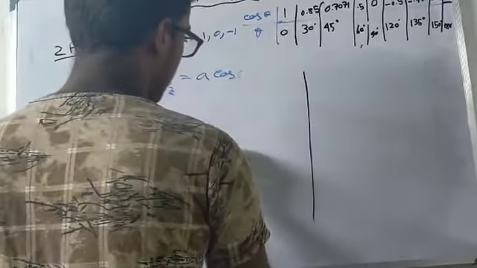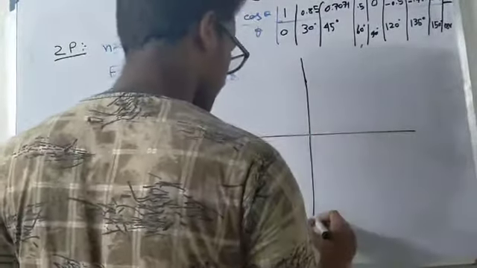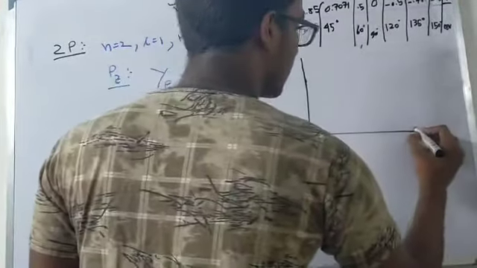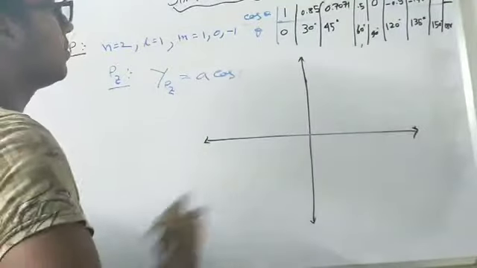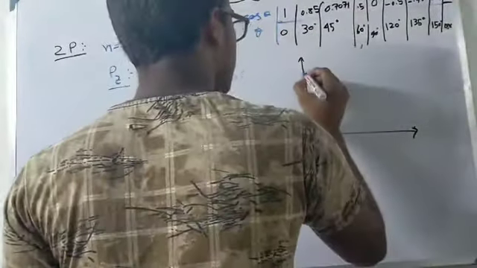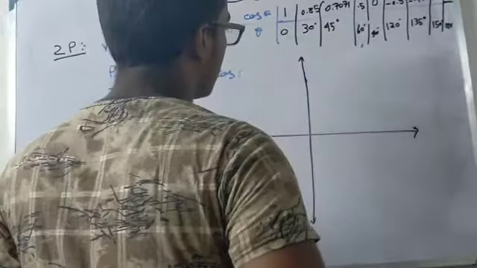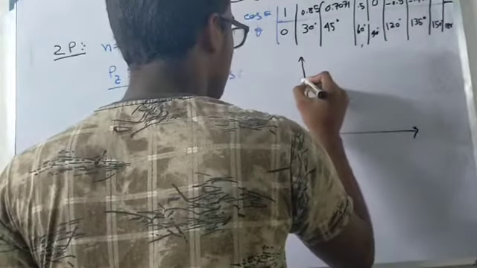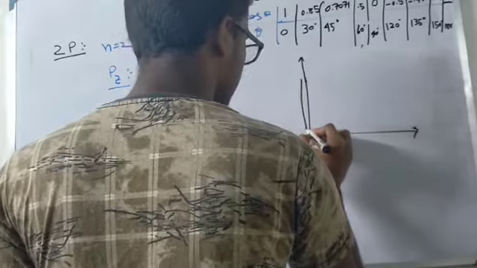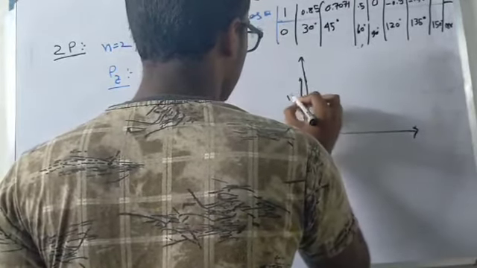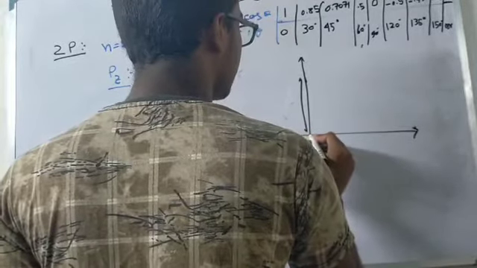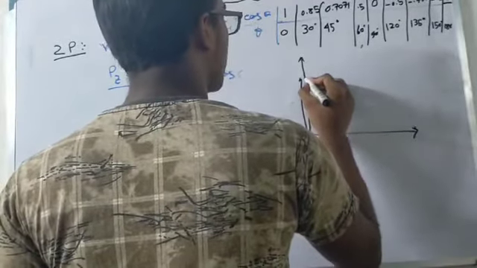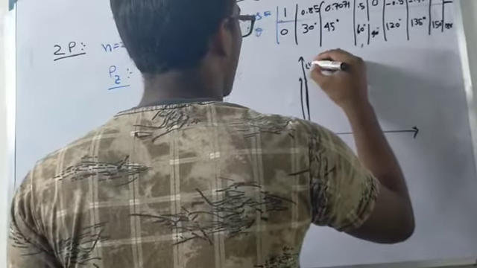Okay, so let's say this is my axis and I am taking the angle from 0 degree. Let's say this is my distance 1. Let's say this distance is 1 unit. I am taking the angle with the y axis, so this is 1, so this point is 1 comma